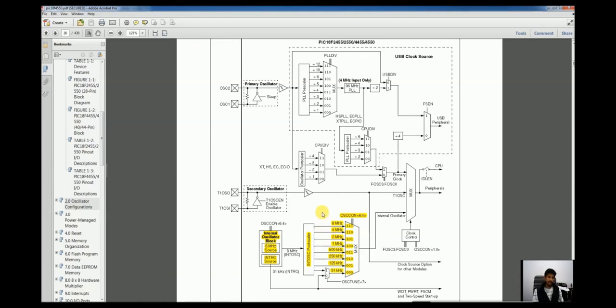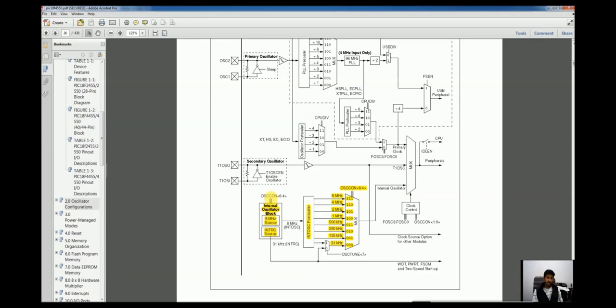Secondly, for certain applications, using an 8 MHz frequency will not be suitable for synchronization, so we can switch to its lower multiples and we can easily synchronize with other devices. Right now, for our basic applications, we will be using the 8 MHz internal oscillator, or we will be using the oscillator 1 and oscillator 2 pins with a crystal resonator or crystal oscillator connected outside the microcontroller as our primary clock source.